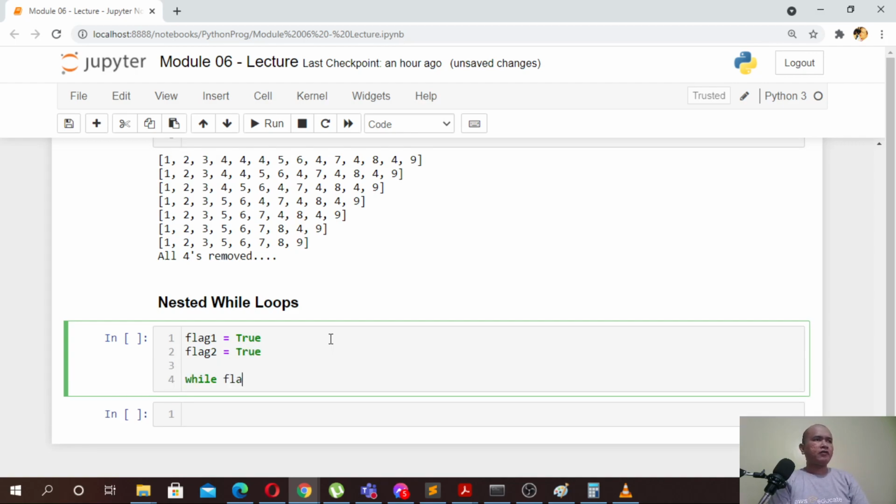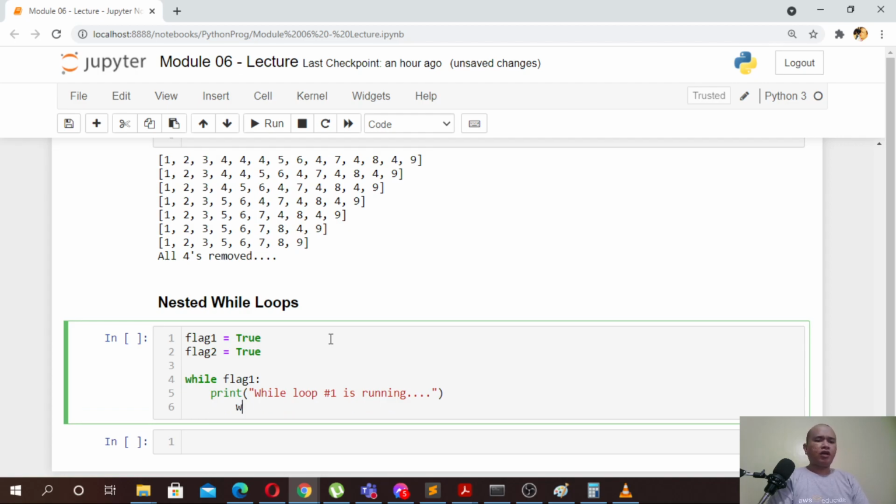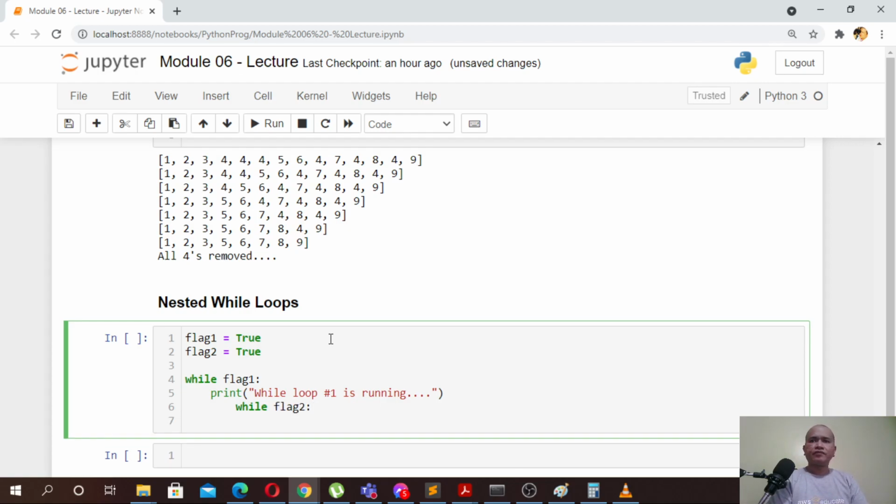And while flag 1 print while loop number 1 is running, then I am going to nest my while loop 2 or flag 2. So while flag 2 colon print,